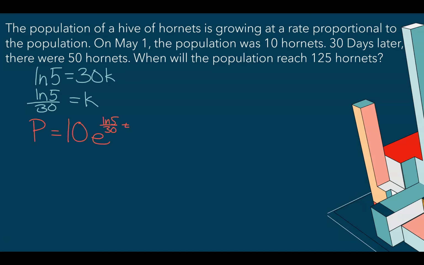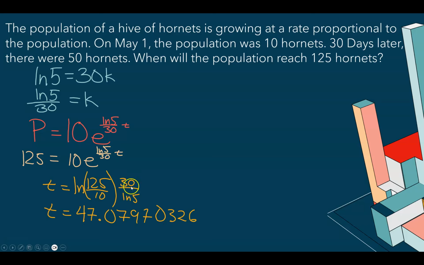So now we finally have our specific solution to the differential equation. Population is the initial population, 10, times e to the power of natural log of 5 over 30 times the time. So now we can put in 125 for the population, and we can solve for t. Just like before, we're going to divide by 10. We're going to take the natural log of both sides, and then we'll multiply. Instead of dividing, my brain just multiplies by the reciprocal, so multiplying by 30 over natural log of 5. If you put that into your calculator, you get